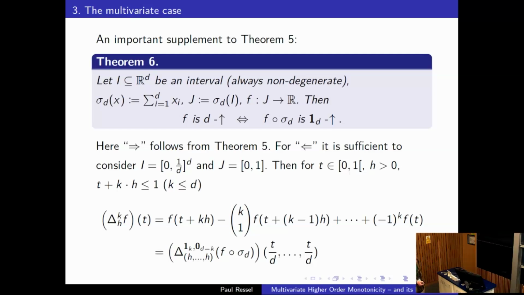The k-th difference of f with this width h is this multivariate difference. I have k times the 1, and for the rest I have zeros, and I have all the same value here: f composed with the sum function at the point t over d, t over d. It's simple, but